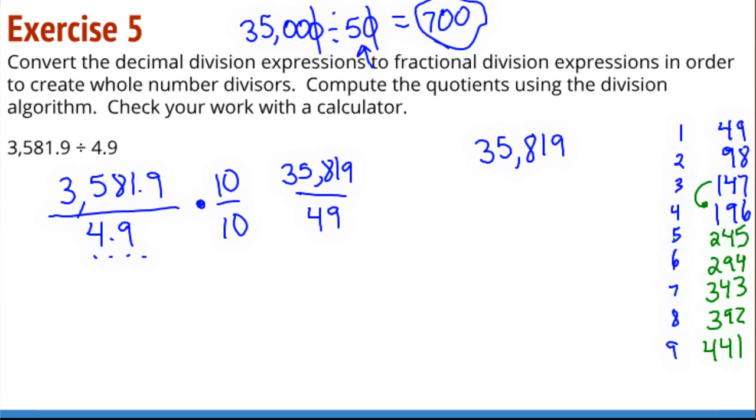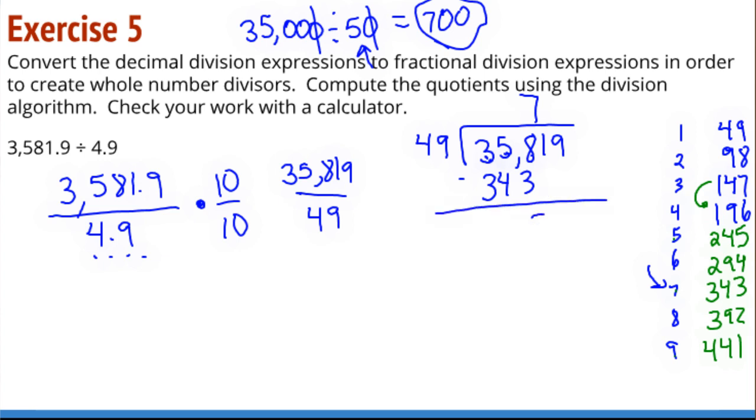35,819 divided by 49. I'm going to work with the 358 because the 3 10,000s isn't going to be very nice to divide, and the 35,000s isn't going to be very nice. But the 358 hundreds, that's probably something I can work with. And I can see right here that 7 works nicely. So 358 hundreds divided by 49,